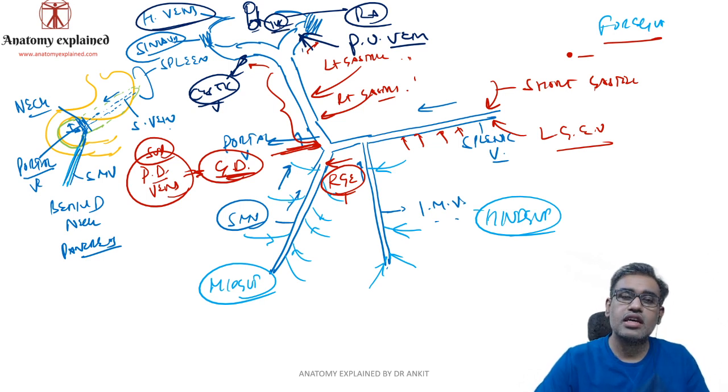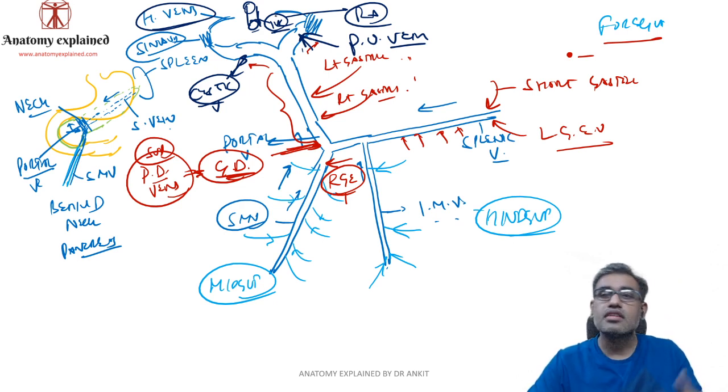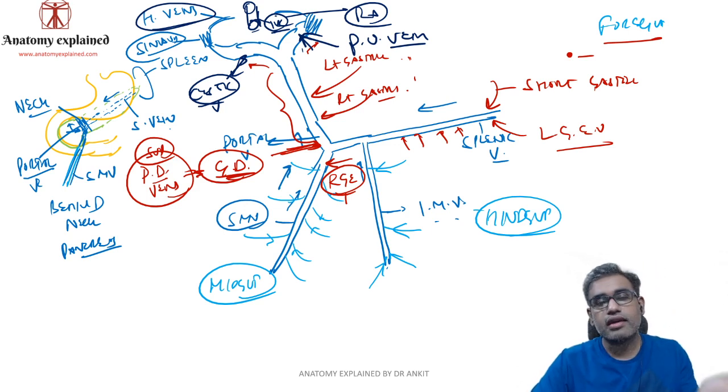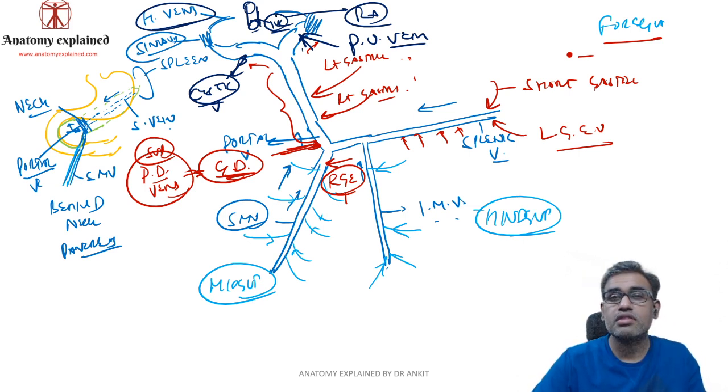So you can say that the counterpart of all the anterior unpaired visceral branches of abdominal aorta, that is celiac trunk, SMA and IMA, is hepatic vein. Because there is no SMV draining into IVC, no IMV draining into IVC, no celiac vein draining into IVC. It is this hepatic vein which is the counterpart of all these three unpaired visceral branches.